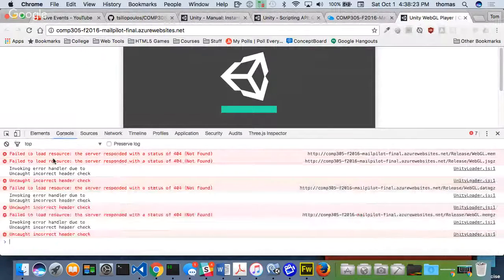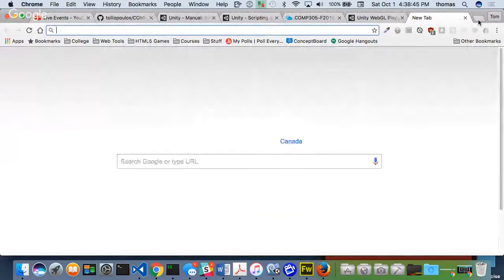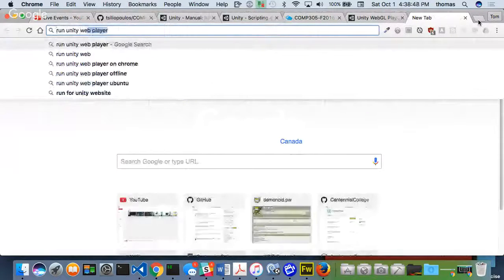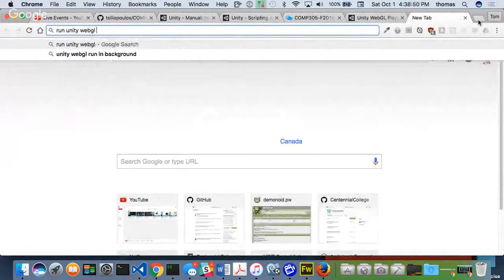This failed to load resource. Responded with a status of 404 not found. It's trying to get this WebGL mem and this stuff, and it doesn't know what it is, because you need to use a web.config file with Azure for it to run these things. It doesn't know what these are. That's why it's not running. And if I was going to check this out, if I said Unity WebGL build on Azure,